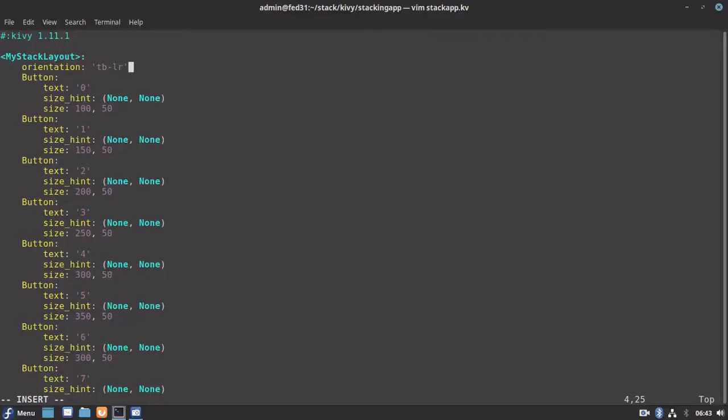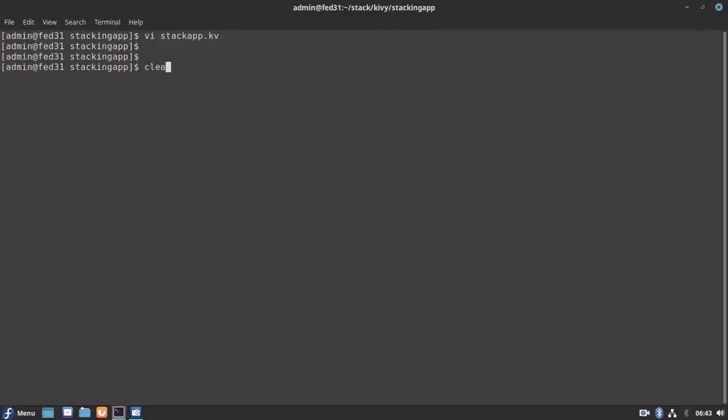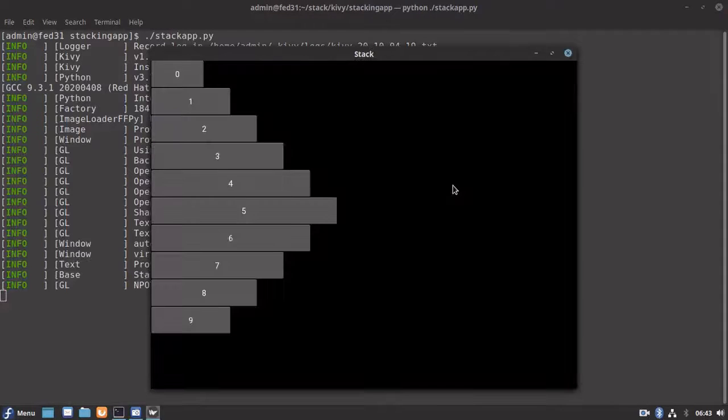This will go on from left to right until it arranges all the child widgets. You see it has arranged our buttons from top to bottom, since the window size is large.